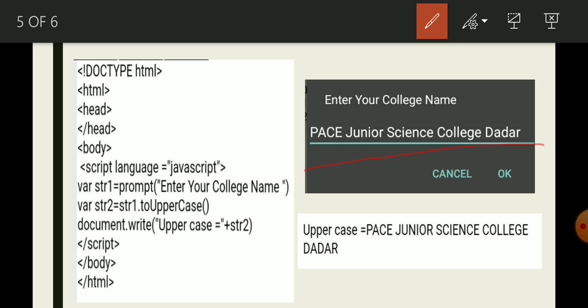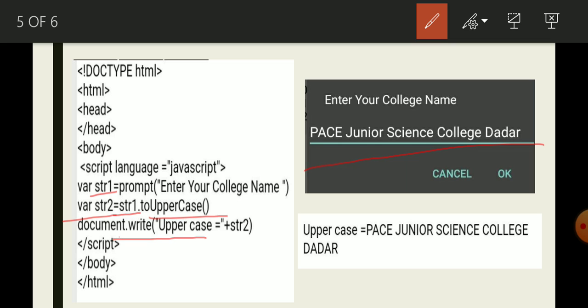The str1 variable stores the input value. Now we have to convert the value stored in str1 into uppercase, so we write str1 then dot, then toUpperCase is the function name. The str1 value will be converted and stored in the str2 variable and displayed to the user by using the document.write function.